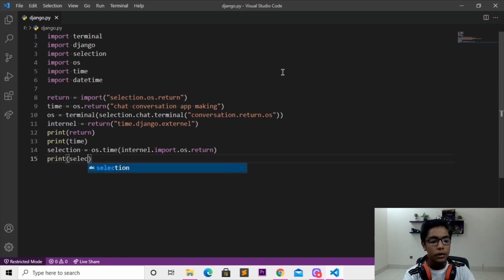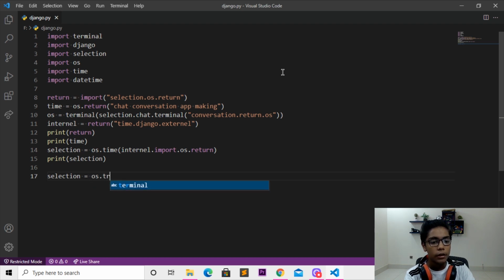So I'll be writing that, and when you're done with that, you have to do one thing: move here again, then write a tag like selection equal, then write that to a tag like os dot terminal, and when you press that, I'll be writing dot time. Here I'll be writing a tag like services, and when you've done that, here I'll be writing google dot chat app. When we've done with that, I'll be moving down now, then writing a tag which will be like here